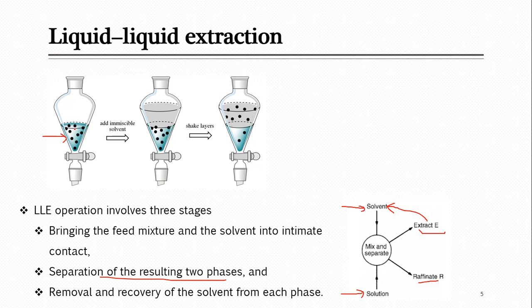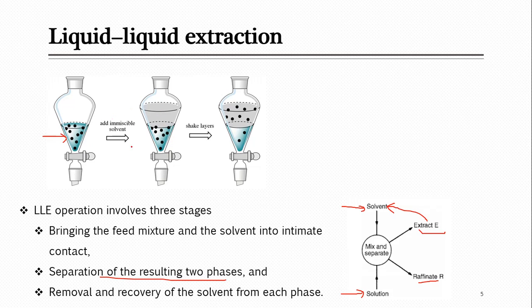So what you do here is bring some other solvent in contact with this, and the purpose of that solvent is to extract the black color liquid from this mixture or feed towards itself. So we will be separating this black color liquid from the blue color liquid. So when you bring this new solvent in contact with this feed,